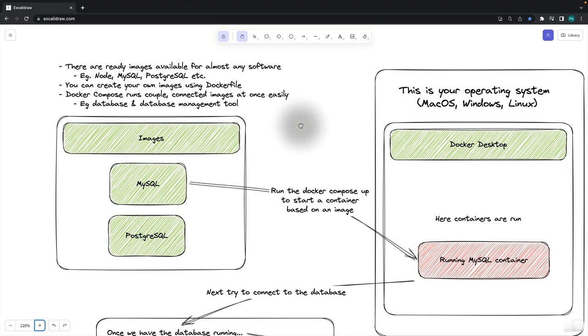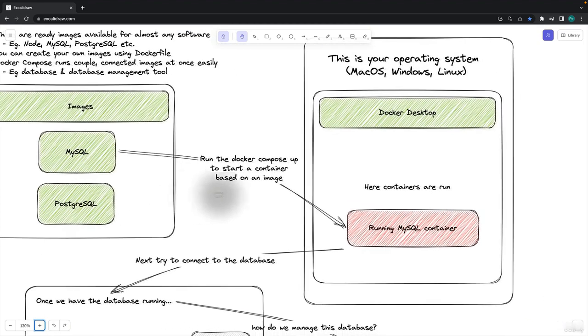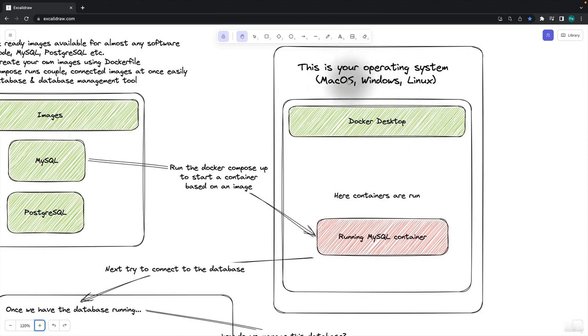Now Docker is a software that can turn something called an image, which is a boilerplate on how to run a certain software like MySQL database or Postgres, inside an isolated environment on your operating system within an app called Docker Desktop. Such software will run inside a container. This container is isolated from your system, and this means that this software does not run directly on your system, whether you have Mac or Windows or Linux, so there are no compatibility issues that might occur with different operating